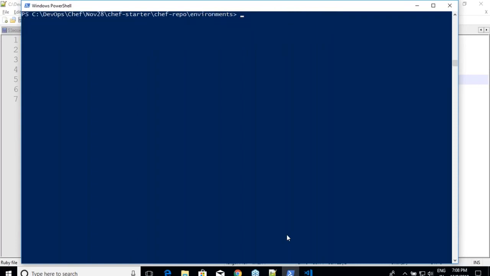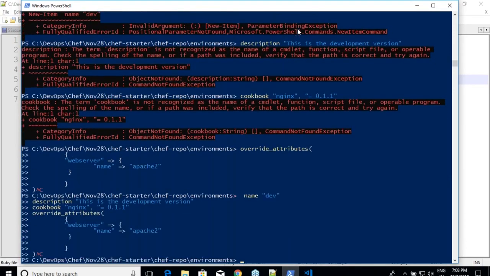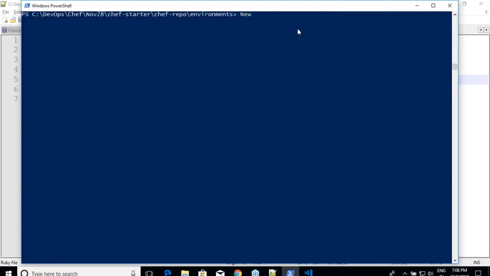Now I want to create a new file. The new file is touch or whatever it is, but if you want to do it in a Windows style, it is New-Item. What is the file which I want? Oh, messed up. The first thing which I want to create is New-Item dev.rb.